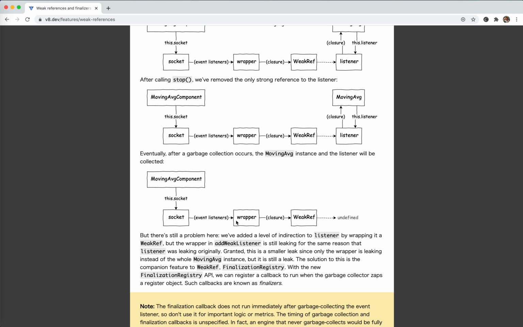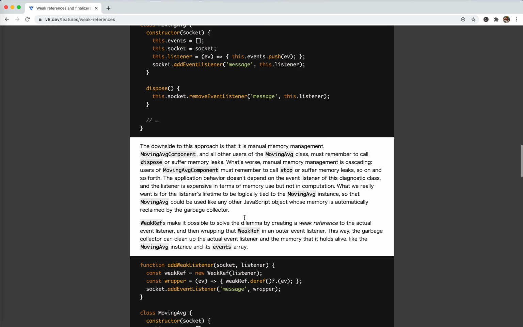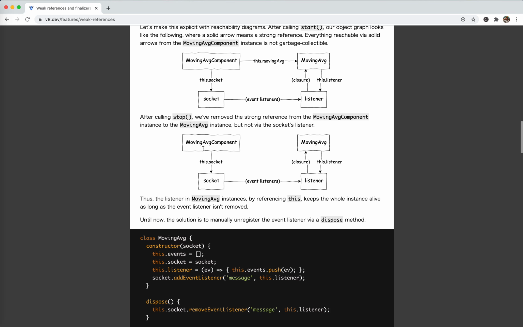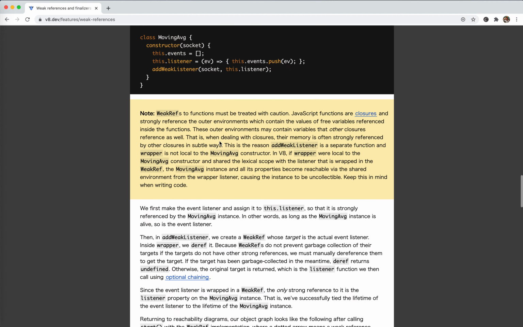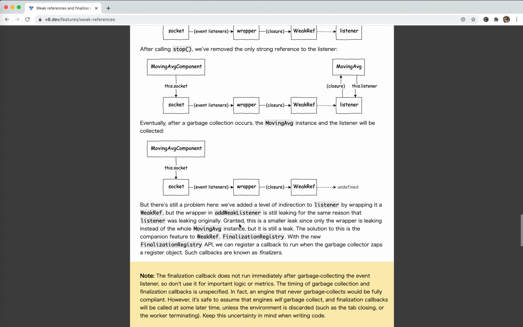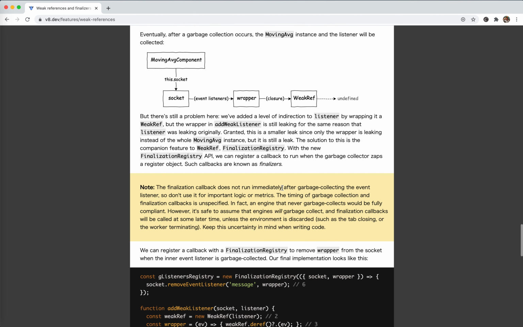But we still have the wrapper here. This is a strong reference, even to the listener. While this is just a wrapper, it's a function. It's not an array holding the messages, so it's kind of acceptable. This is not a big problem. But actually,